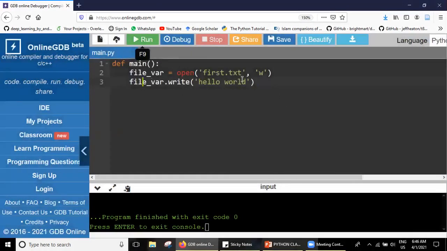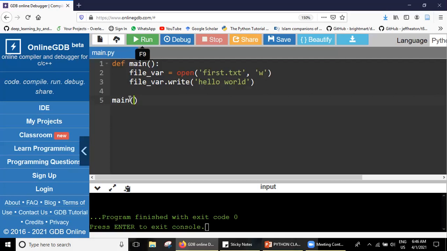By this we have defined the main function, and now let me just delete the file. After defining the main function, unlike in other programming languages, main will not get executed on its own. We have to call main explicitly, as we call any other function in Python.